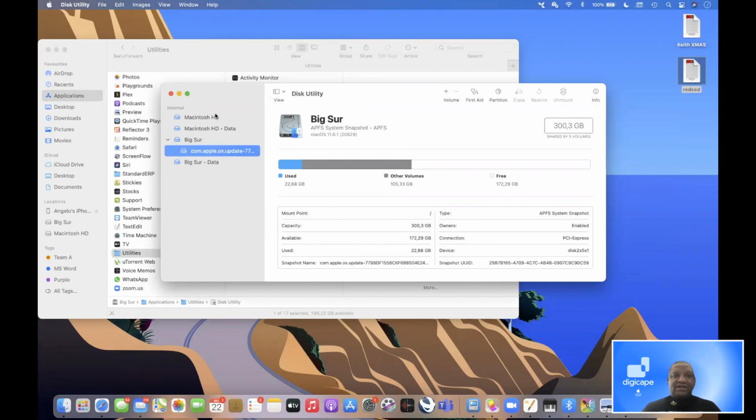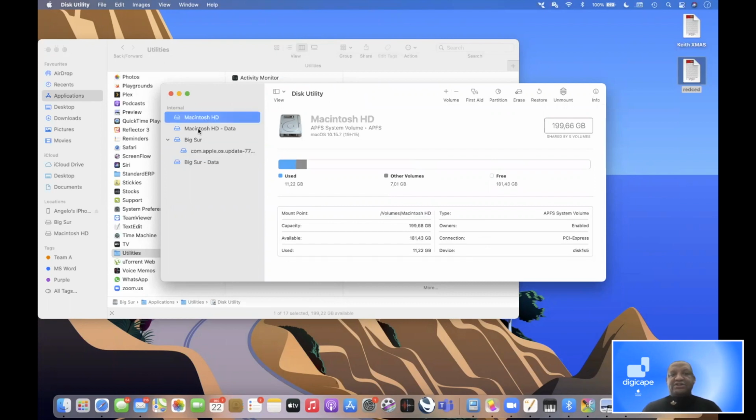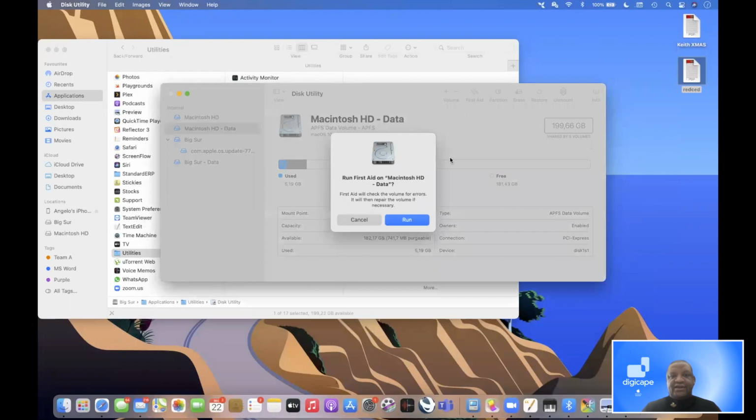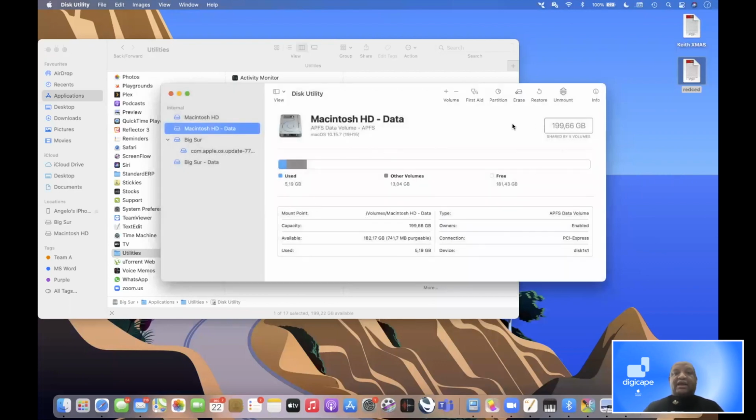So here you can see I've got my Macintosh HD, which is my hard drive on my machine. It's split into these different volumes. And I can then go to these volumes and I can do different actions on them. I can do a first aid, which will then check the disk for any errors and repair it, right? I'm not going to do that at this point. I can create different partitions on a hard drive or on an external hard drive. I can plug in a flash drive and partition